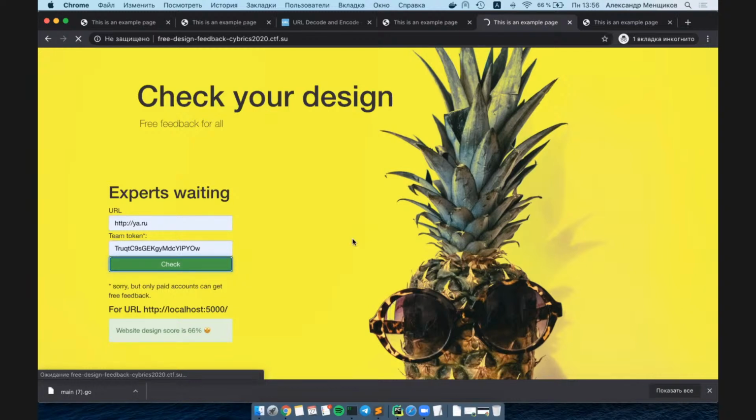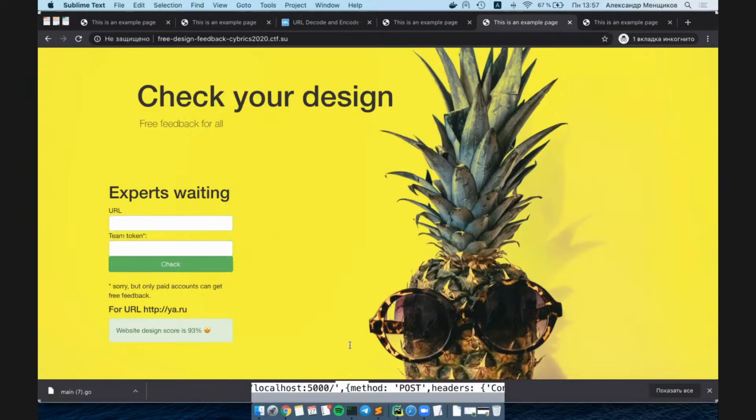Well, if we place Yandex in here, we should wait a little bit, and then it states that Yandex web design score is 93%. So, wow, what to do next? Well, we don't know anything about this task, but we know that some experts, probably humans, probably not humans, are going to the sites provided by us because they need, obviously, to check our design. So let's create our website somewhere. For me, to be